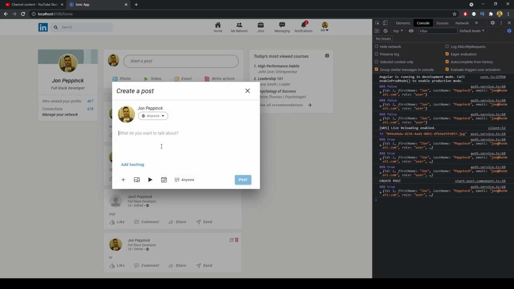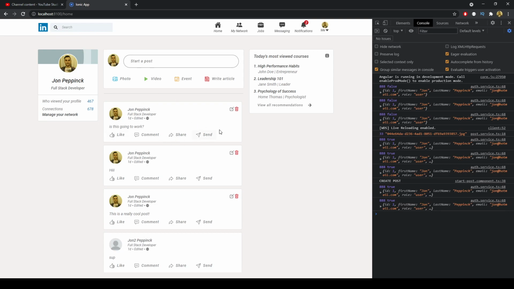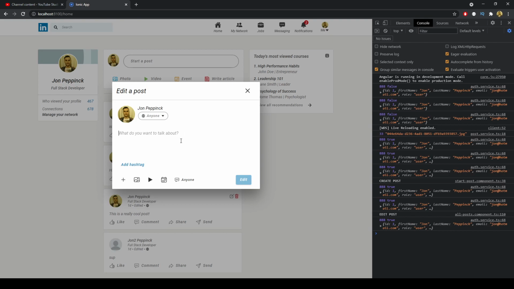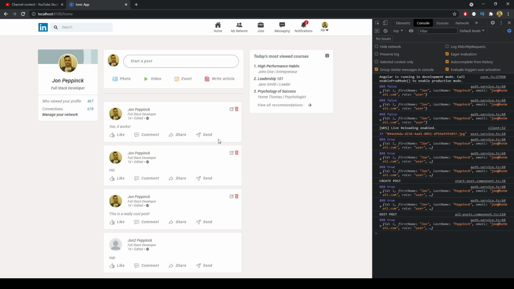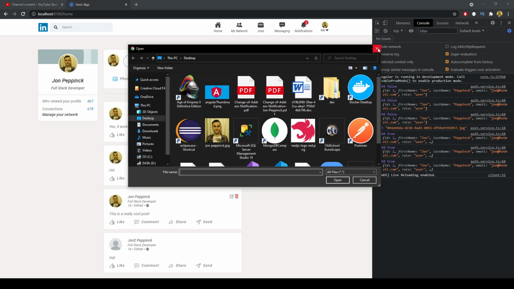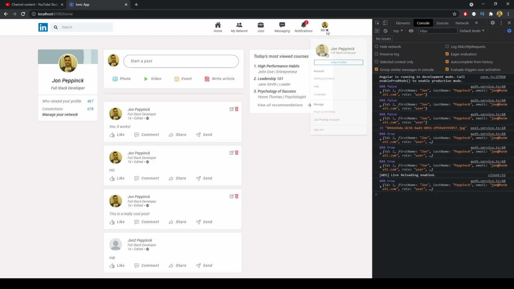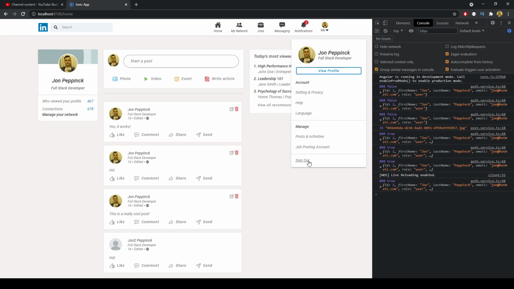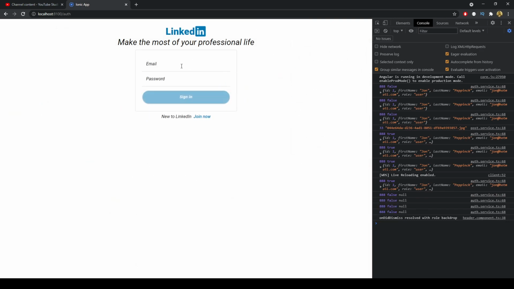Now let's go ahead and make another post. Is this going to work? Let's post that, and we can see that we've got this user here. We can edit it. Yes, it works. It detects the change. The image is the same though. If I refresh now, we still see that, and if I go ahead and sign out and sign in to John 2,